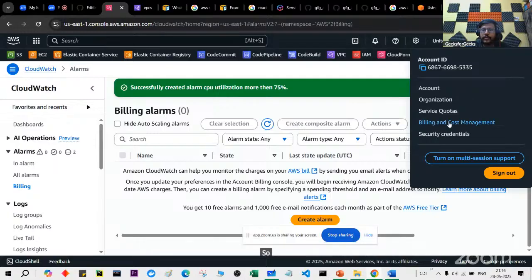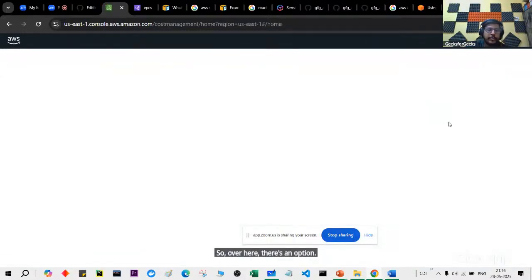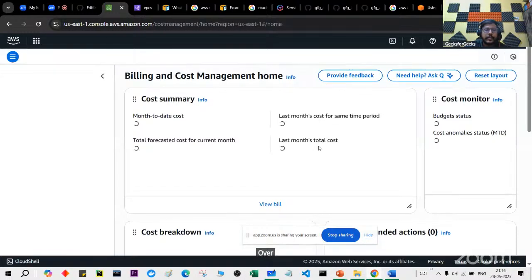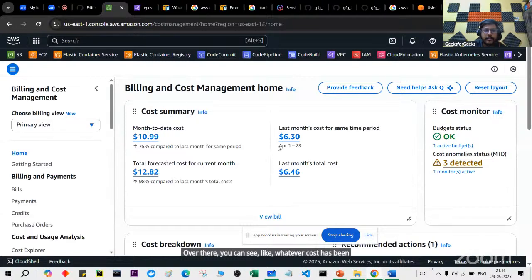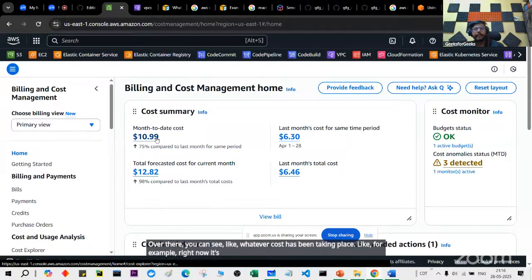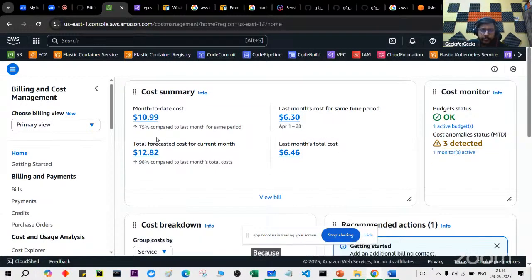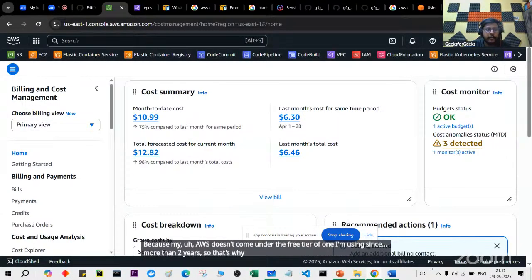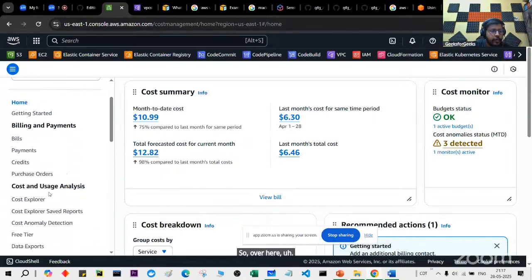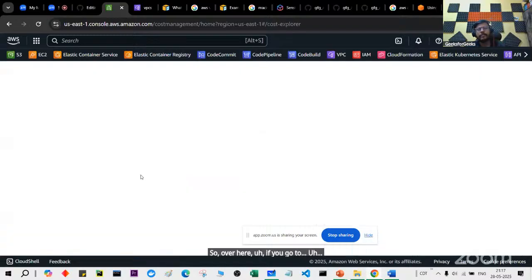So over here there's an option known as billing and cost management. Over there you can see whatever cost has been incurred. For example, right now for this month it's $11, because my AWS doesn't come under the free tier. I'm using it for more than 2 years, so that's why I have to pay for whatever things I run. So over here if you go to cost explorer,